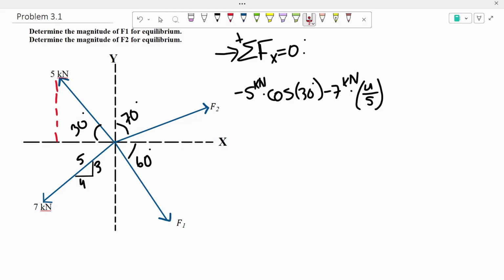Now we're going to go on to our f of 2. Our f of 2 is going to the right, so it's going to be positive f of 2. Now, if we were to draw a triangle right here,